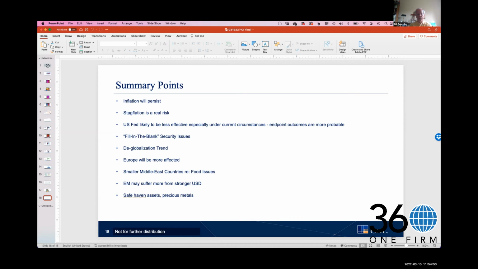The whole notion of security issues, once again, we were talking about that because of COVID, but now it's like just fill in the blank: energy, food, cyber, you name it. Everything now is a security issue. And so once again, I think that you have to be very careful about where you're picking your points to invest. The continued deglobalization trend is only being accelerated, and that's related very much to this notion